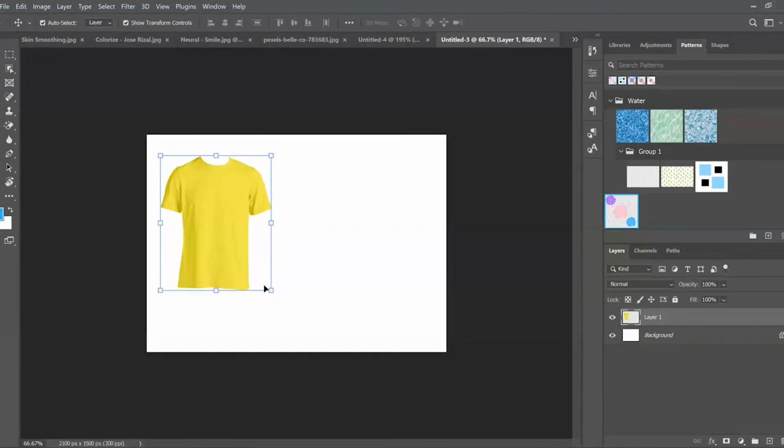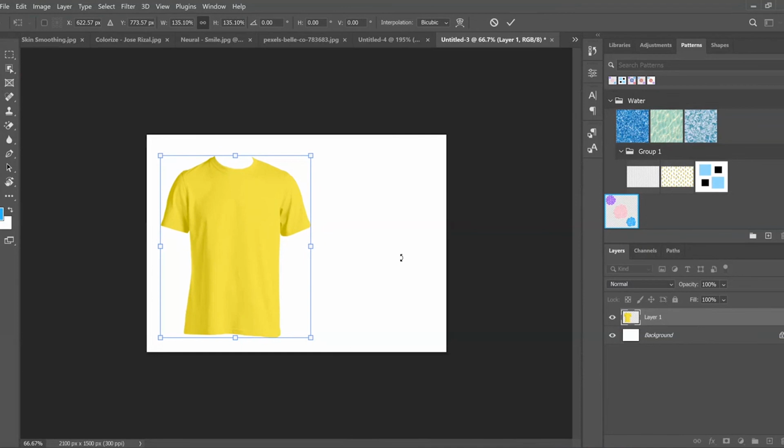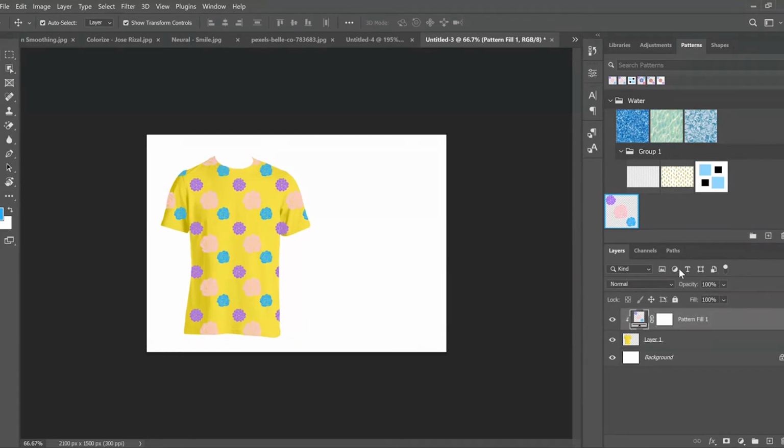So let's put it in the shirt here by dragging. So this is what our pattern would look like in a t-shirt.